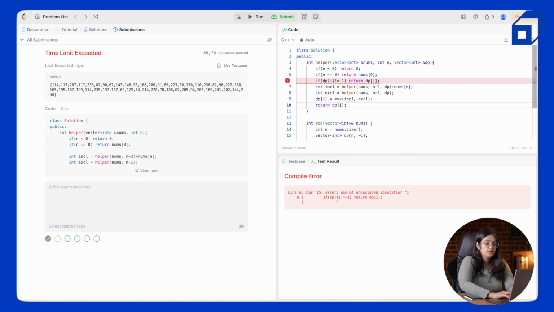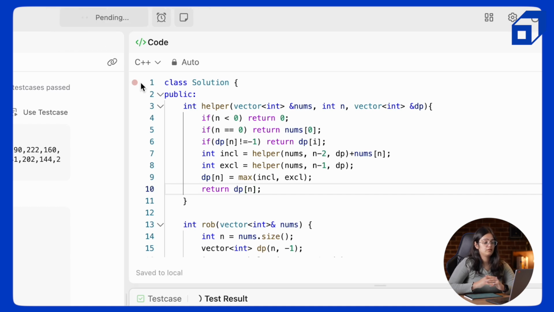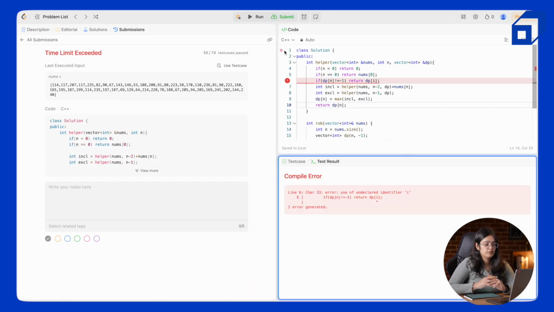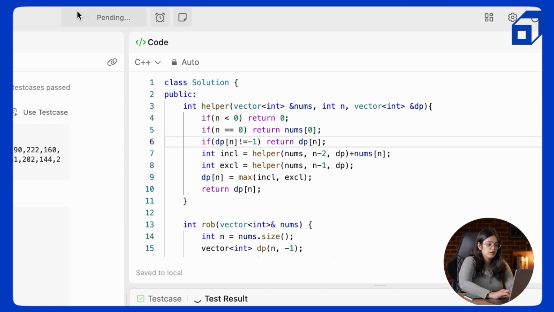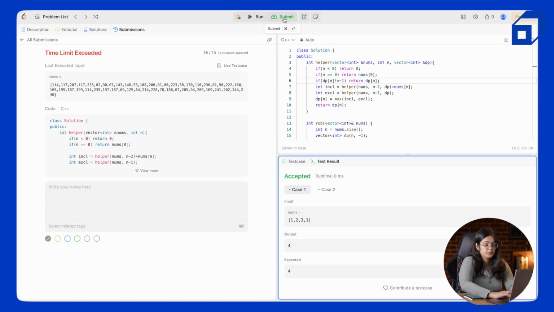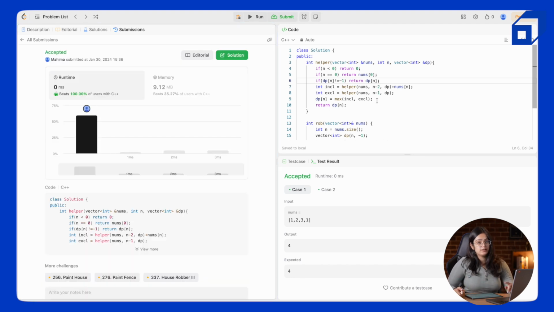Okay, so actually we're using n as the index here. We'll run this again. DP of n, and yeah, it's accepted. Let's submit this and see if the TLE is still coming. Yeah, it's accepted, and the TLE is gone because we significantly optimized the recursive solution, and now we are calculating